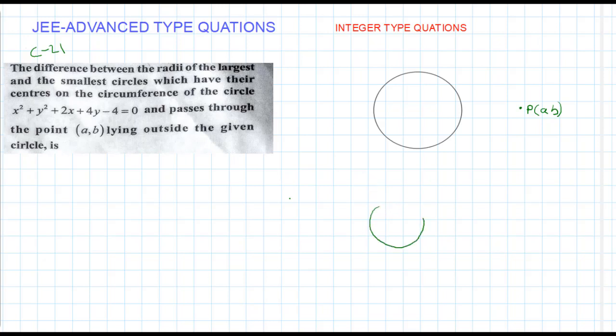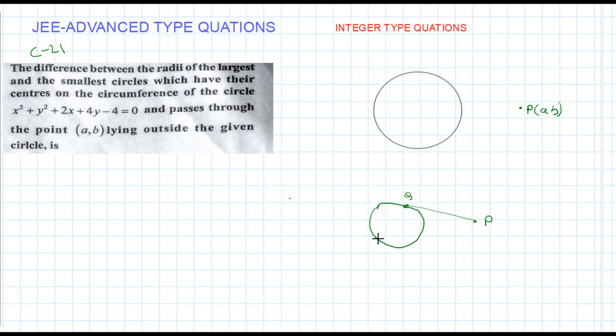For example, this is a circle, and this is the point P. Now I want to find the farthest distance from P to the circle and the smallest distance from P to the circle. For example, this is one point on the circle, say Q. Join these two. So this is the distance from a point on the circle to P. We can't call QP the farthest distance from the circle to P, or the smallest distance from the circle to P.